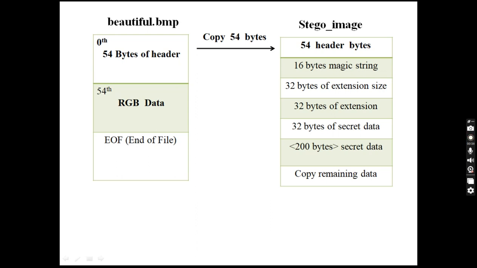We have opened the stego image in W mode, that is write mode. If the file doesn't exist in write mode, a new file will be created. By default it will be an empty file. Next we have to copy the first 54 bytes from beautiful.bmp to the stego image. Because we are creating a new file, it should be exactly the same as beautiful.bmp. RGB data can change because we are going to hide the data, but the header bytes should not be changed. We have to do this operation, that is, first copy the header bytes to the stego image, before